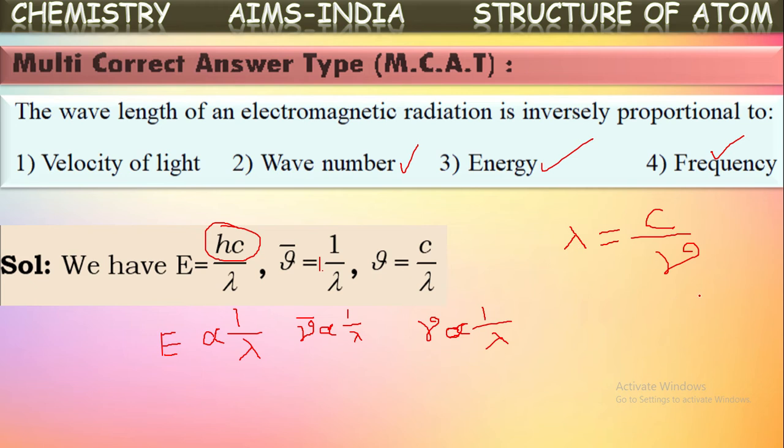If frequency is constant, then wavelength will be directly related with velocity of light. So it won't come here, because wavelength is not inversely proportional to the velocity of light. Except that, the remaining three characteristics are inversely proportional to the wavelength of that radiation. So the answer will be these three. Next,